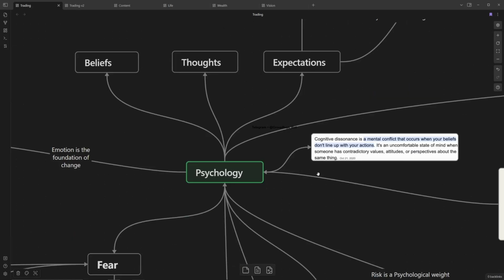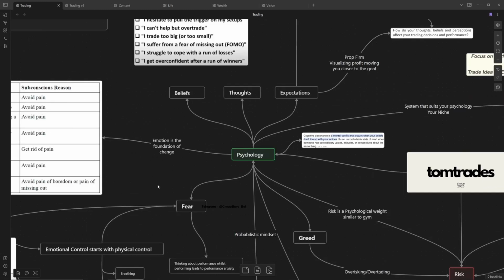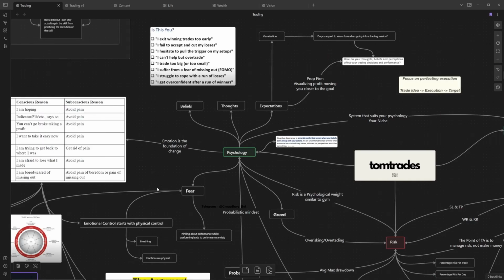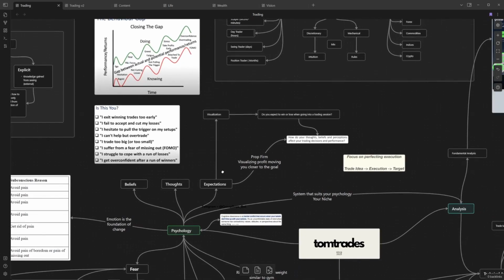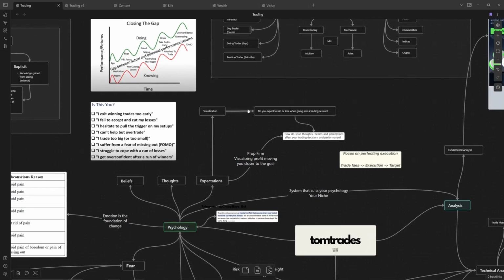There's a couple of different tools here that we can go over as well. With prop firms, it's a bit difficult because it's so centered around a profit target. You're trying to get to a certain number. The closer you are to a profit target, so you're 1% away, the harder it is because you're so close. So much more pressure on the outcome.